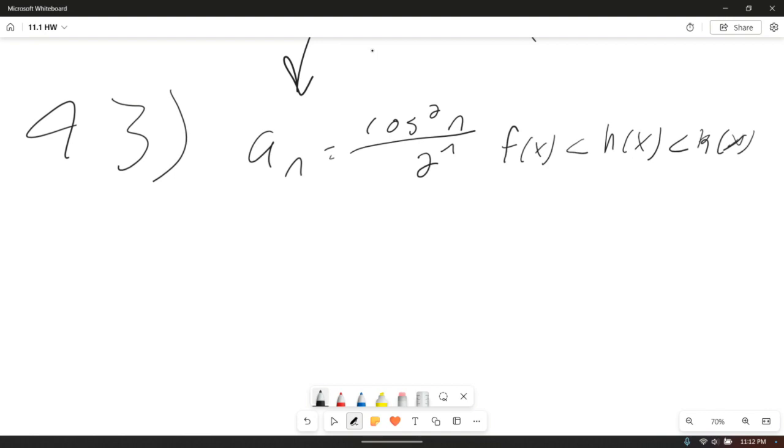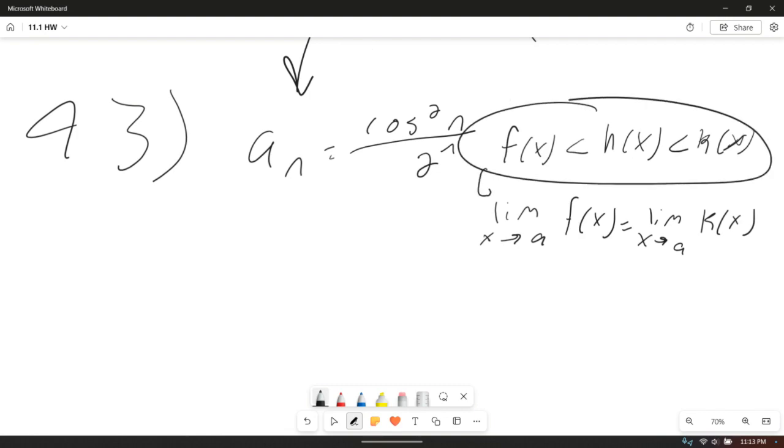So if the limit as x approaches a of f of x equals the limit as x approaches a of k of x, right? If you have three functions set up like this, then